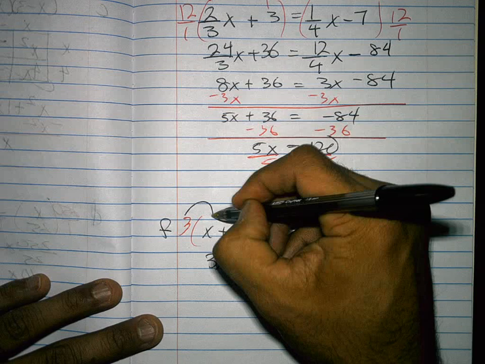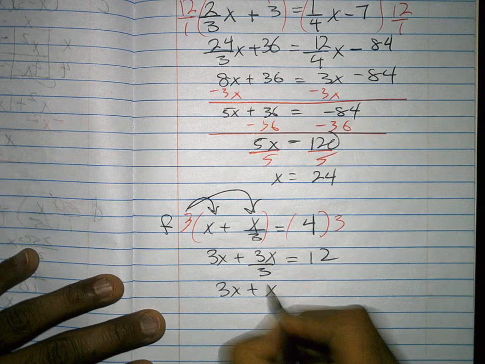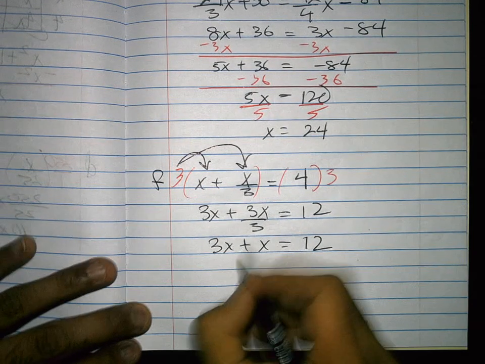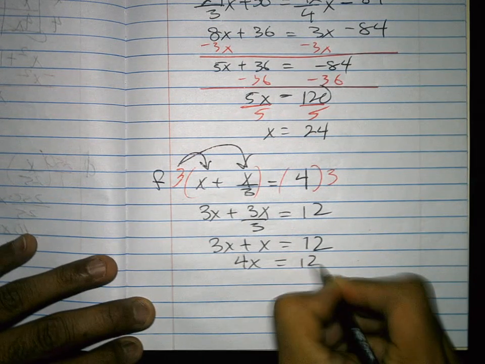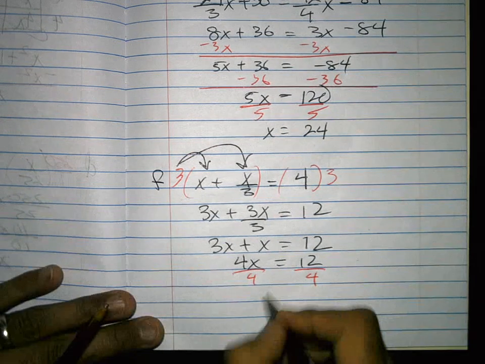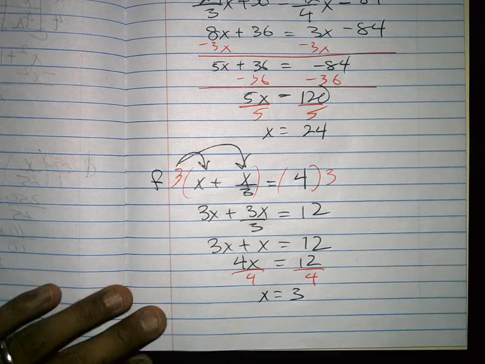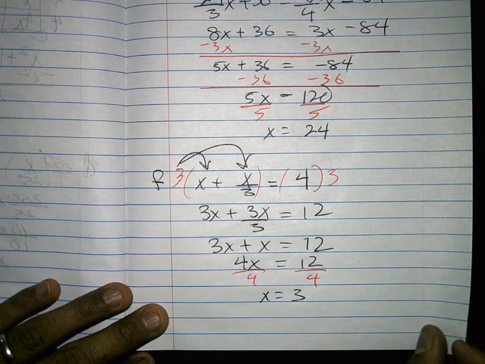Okay, so it gets multiplied here and there. So we get 3x plus x equals 12. These are on the same side, so I combine like terms. Divide by 4, and x equals 3. Okay. Looking at question number 3,